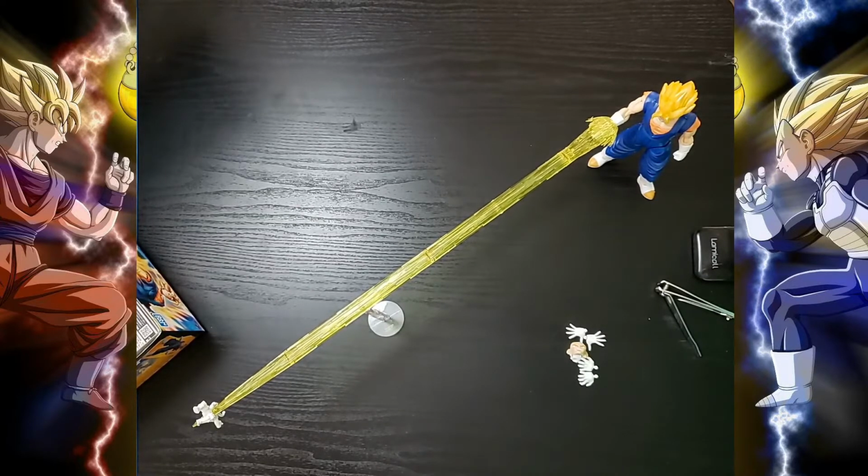How long did it take? About an hour to put together. So really not bad for one of these model kits. I've had some that have taken me longer. I've had some that have been very quick, like Krillin and Gohan, but